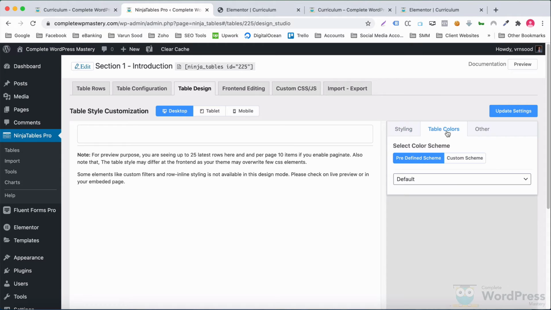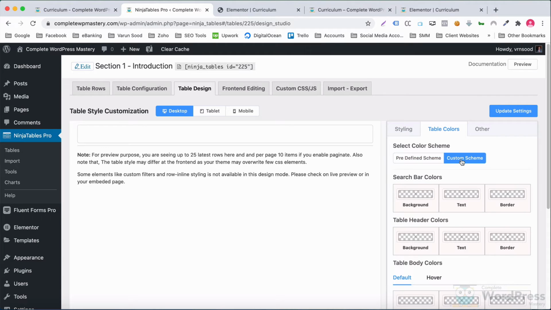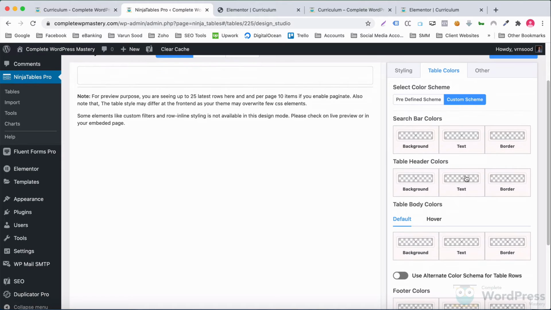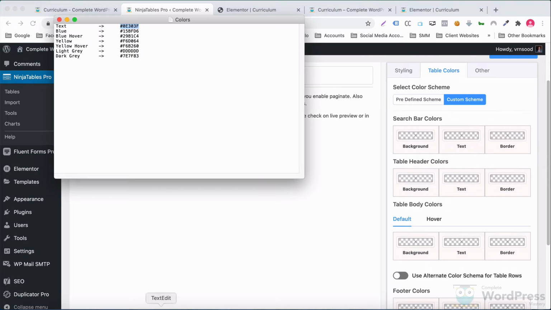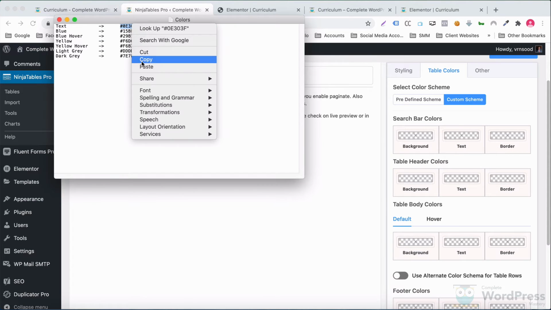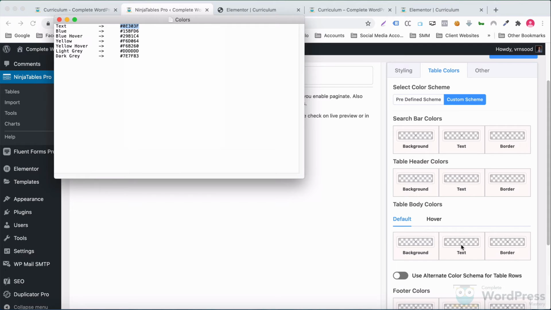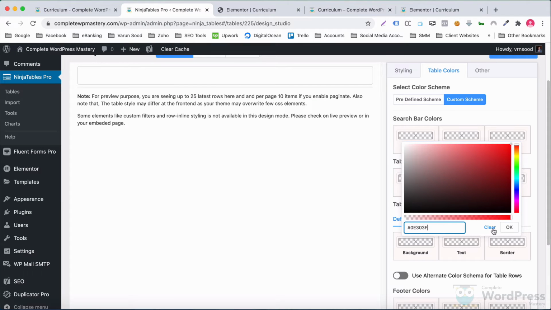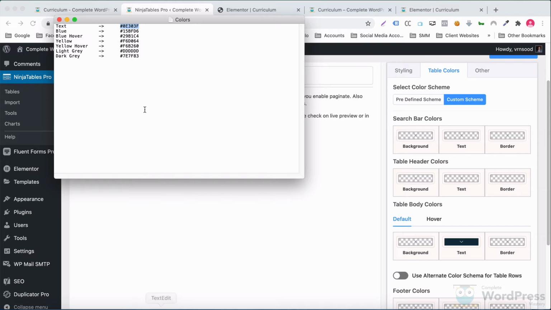Under Table Colors, let's select Custom Scheme and have this color for the text, and this color for the border.